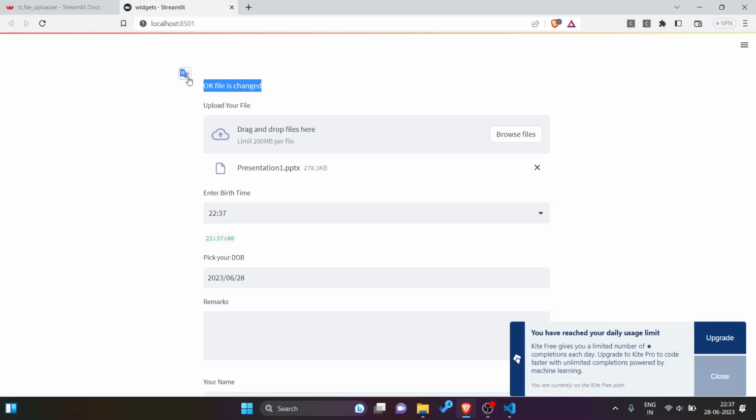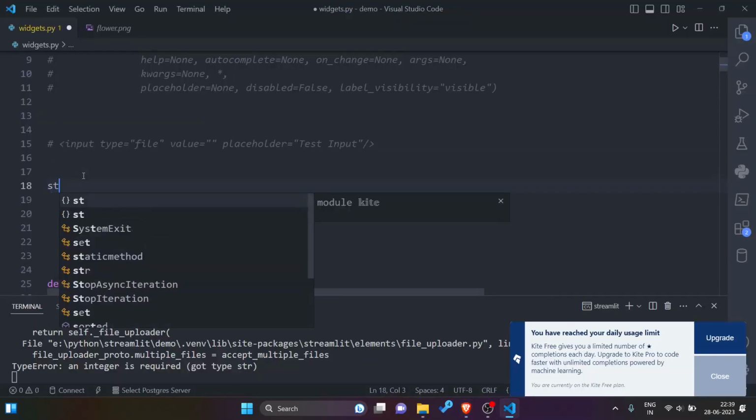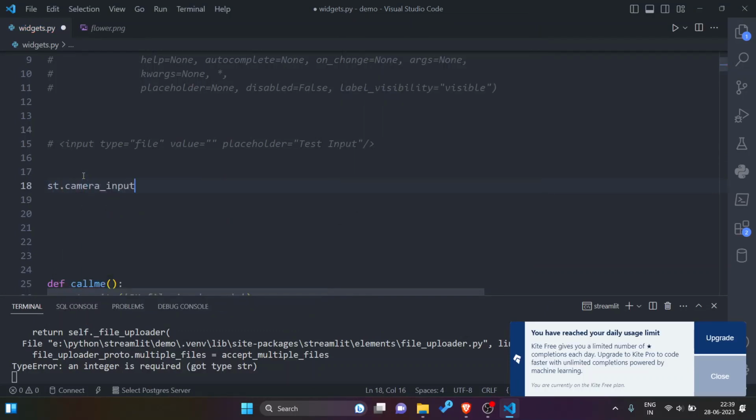So next, second last input is st dot camera input. If we have a camera and we want to capture real-time images in our web application, then we can use camera input. It is similar to input type is equal to capture in the HTML form.